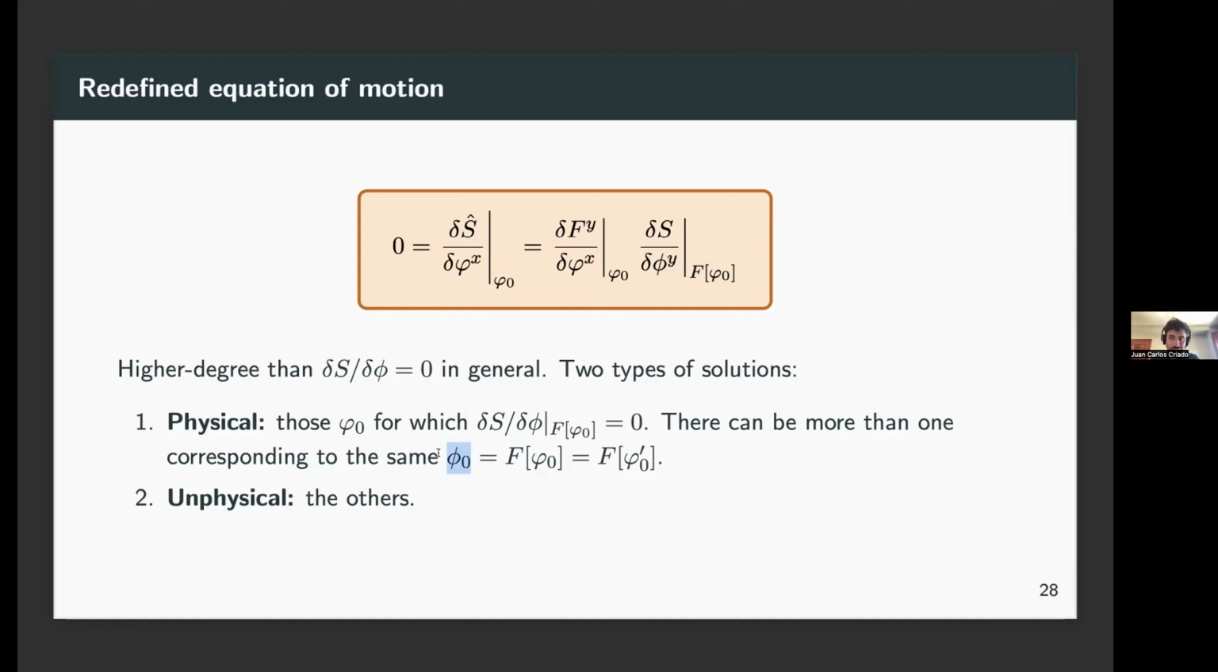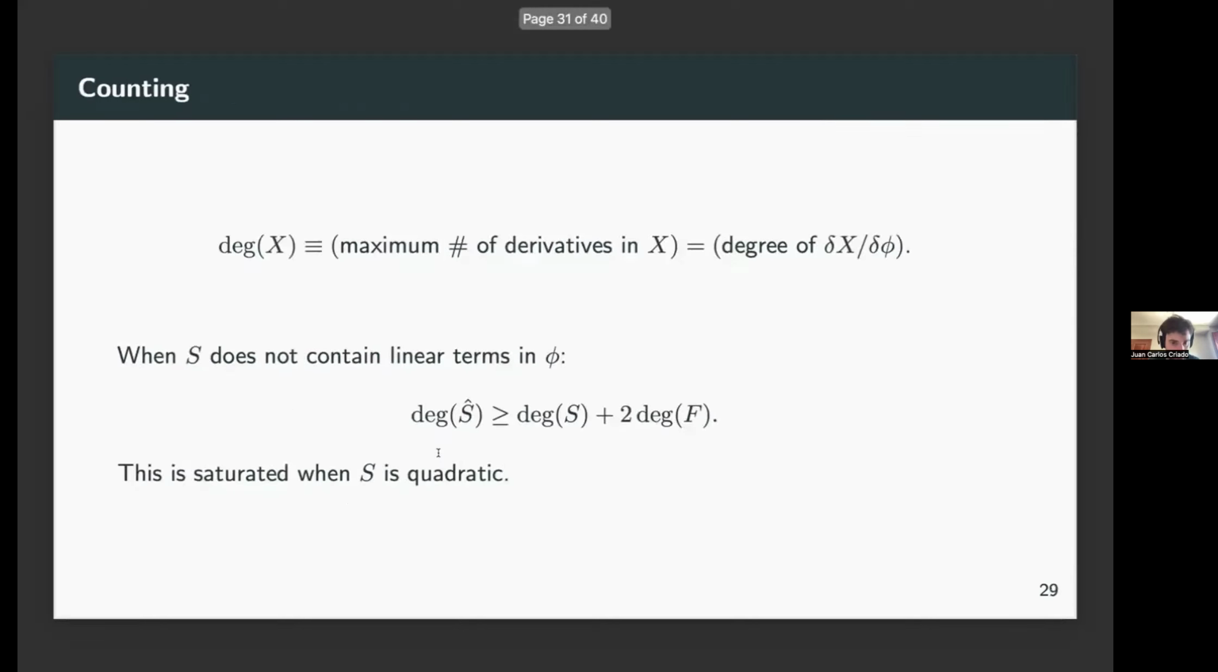And then there are other solutions which are unphysical, or we call them unphysical because they give different physics than what you had in the original theory. And this happens in the example I just showed. I will go back to that in a minute, but we can do some counting, at least for the degrees